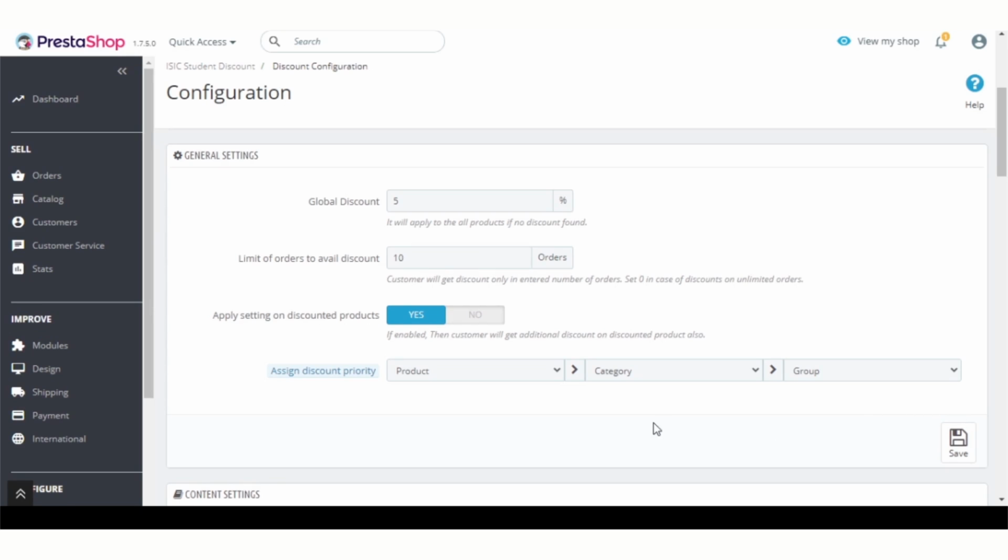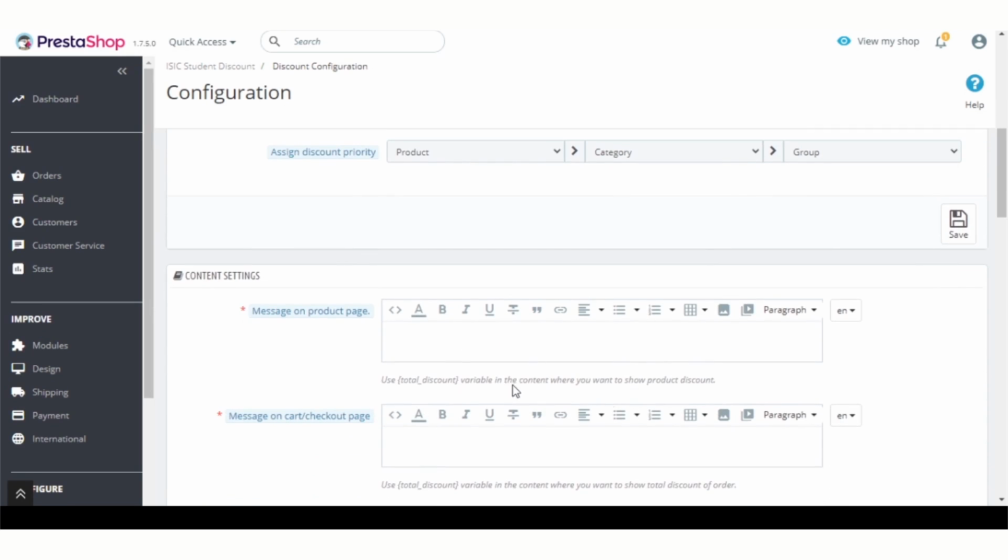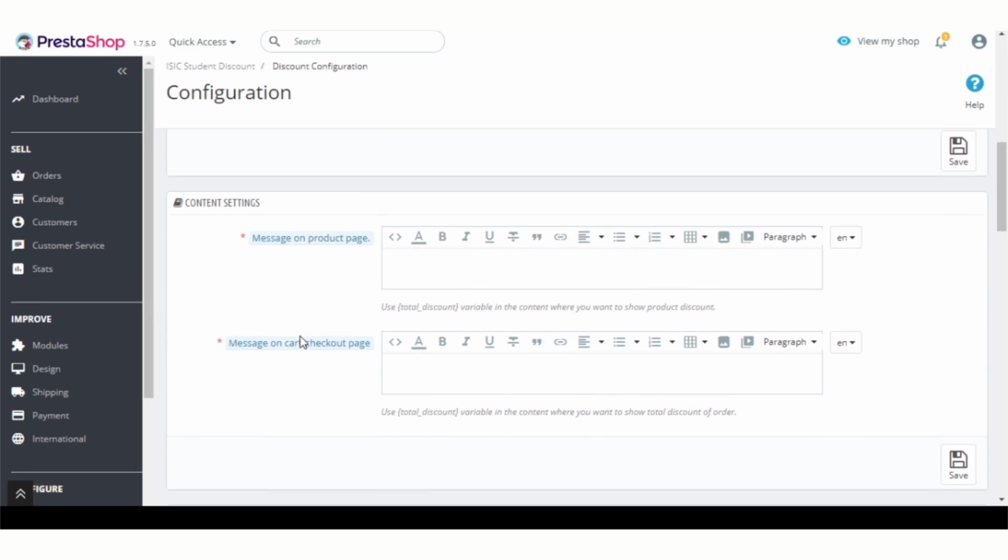Now let's have a look at the content settings. In these two fields, admin can set the customized ISIC discount messages to be displayed on the product and cart or checkout page.